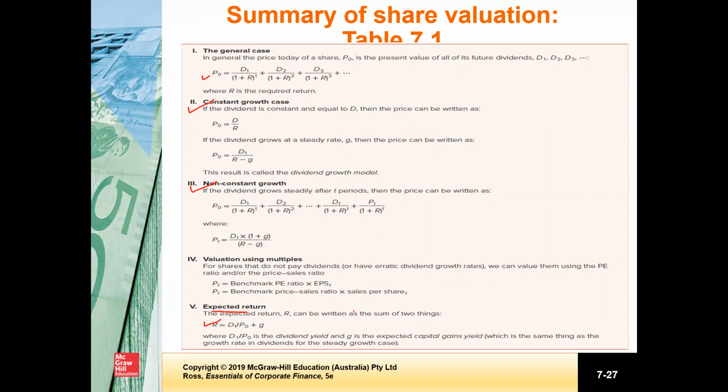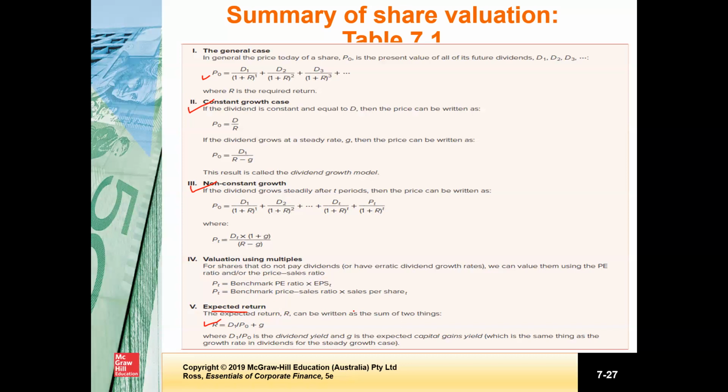Just one last point before I finish. As I mentioned, when we calculate P0, that is our estimated price. Now, how do we use this information to make an investment decision? Once we have this estimated price, we should compare it with the current market price. And if we see that the current market price is less than our estimated price, it means that the share is underpriced in the market, so we should invest in this.